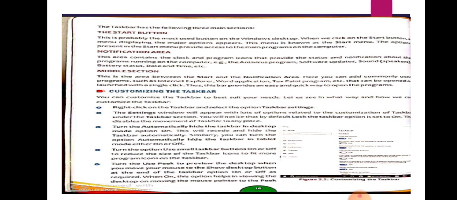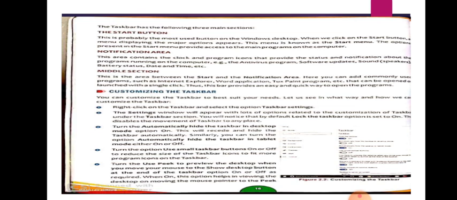Now, do you want to customize the taskbar also? Students, if you have a computer, you can try to customize the taskbar. Otherwise, I will be teaching you the same in school. Now, to customize the taskbar, right click on it and select taskbar settings. In the settings window, lots of options related to customization will appear. By default, the taskbar is locked. You can disable this to move the taskbar to any place on the computer.